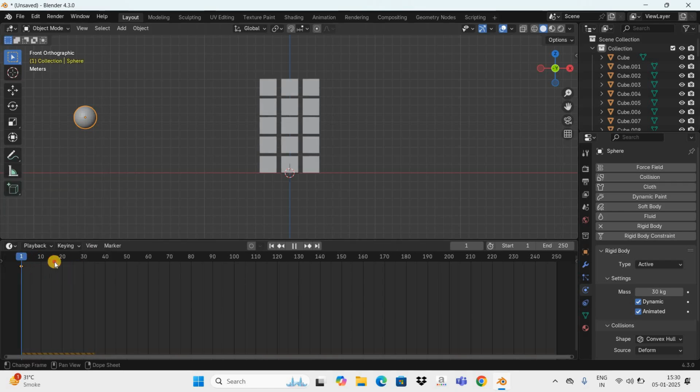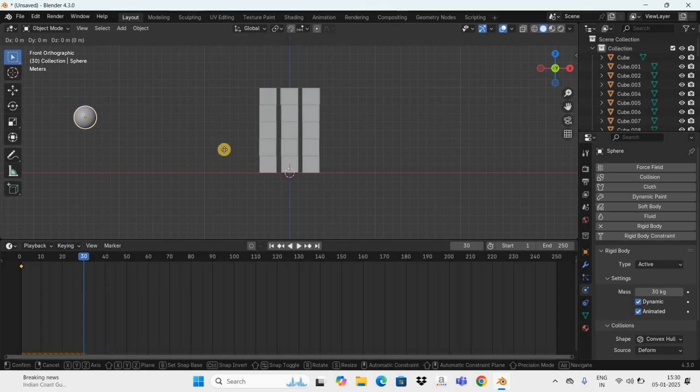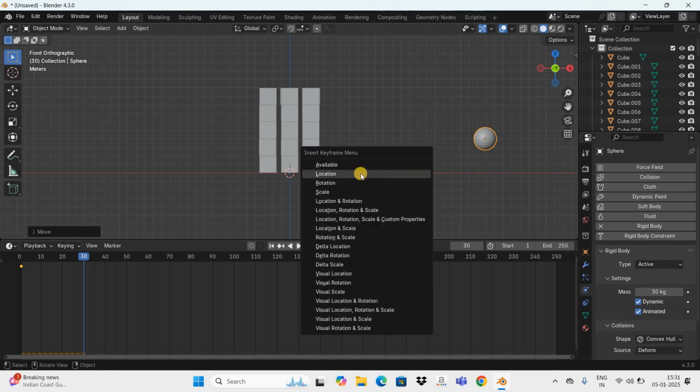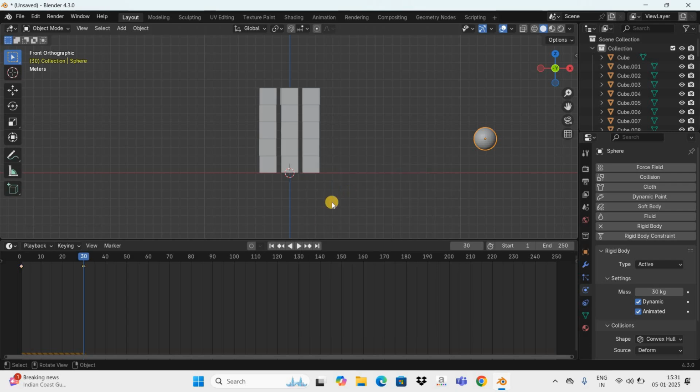Now let's move the cursor and place it somewhere around, let's say the 30th frame. And now let me move this UV sphere from this position to this position right here. And now press the letter K once again and select this location option once again. And that's it. And so now if I play the animation for you,